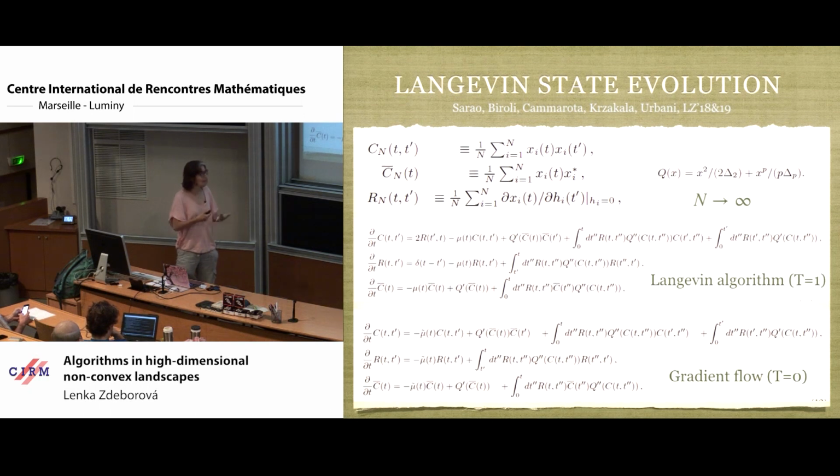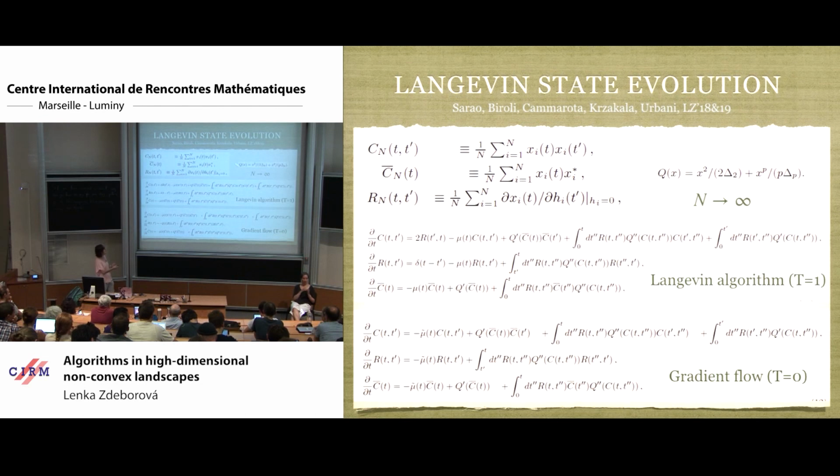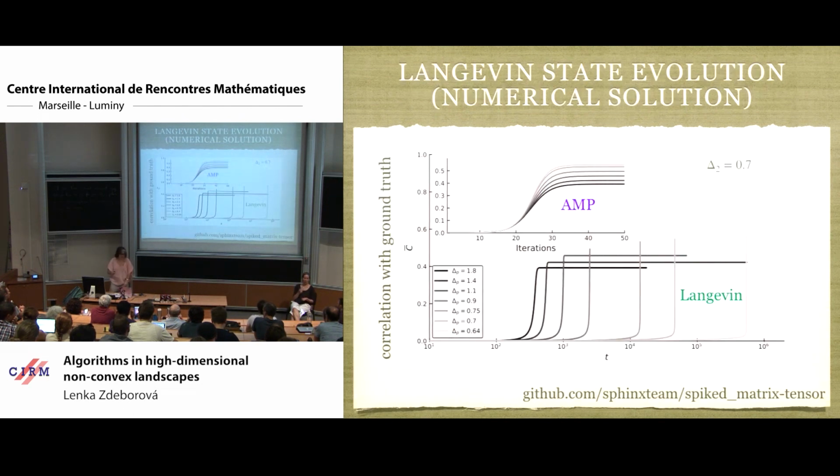And then you work a bit hard to realize that you can write a closed set of equations on these three quantities. It's still not a very easy set of equations to solve. We can solve them numerically. The n is infinite already, so this is already in the thermodynamic limit. But it took us a few months to set up the code properly so that we get a solution that we trust is precise enough and correct. I will show you later on that we didn't actually need to do that, but we did.